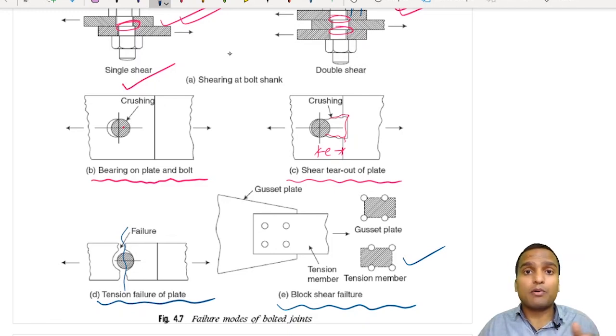So this was all about different types of joints and different types of failure of joints in bolted connections. Based on these failures of joints and bolted connections, we will be designing bolted connections, and that we will be